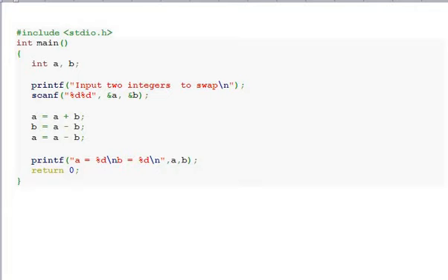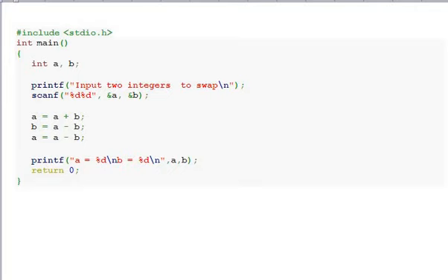B is equal to a minus b. This is your second statement. So in the first statement, the value of a is 30, so just apply 30 here. So a minus b, 30 minus 20 is 10. So for better understanding, you can put it on a paper.